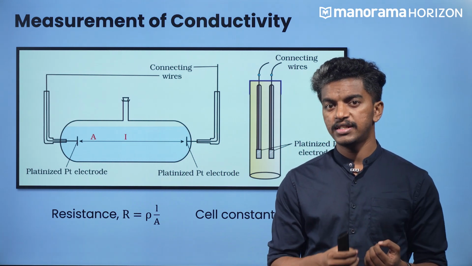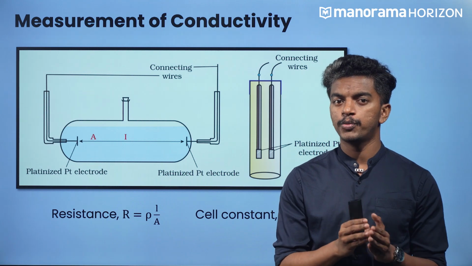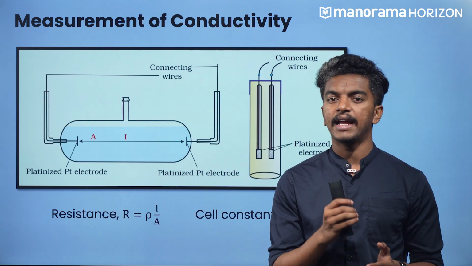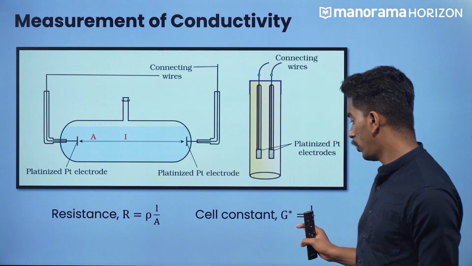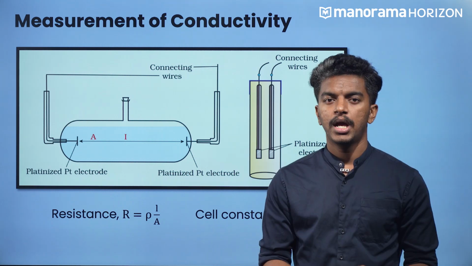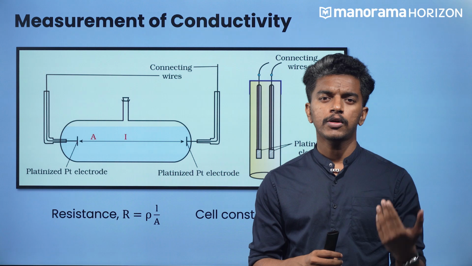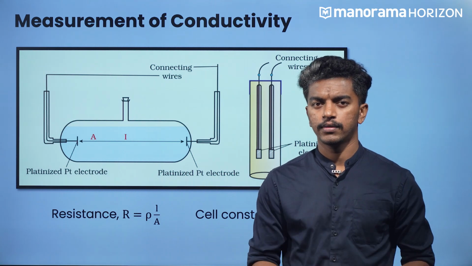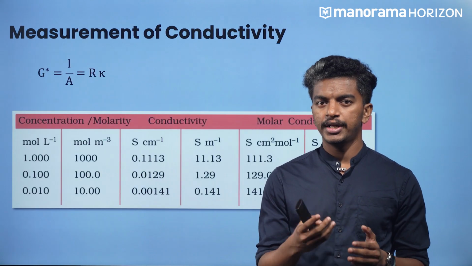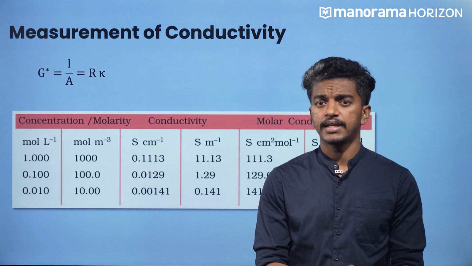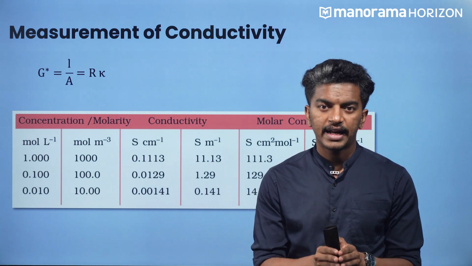The cell constant G star depends on the distance between the electrodes L and the cross-sectional area A, that is, G star will be equal to L by A. Measuring length and area is difficult and unreliable, so cell constant calculation is a bit difficult. The cell constant is usually determined by measuring the resistance of the cell containing a solution whose conductivity is already